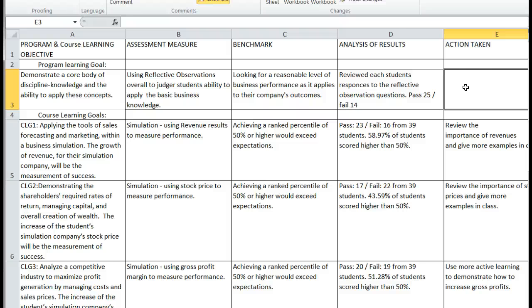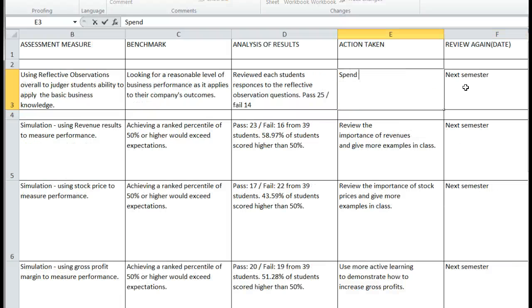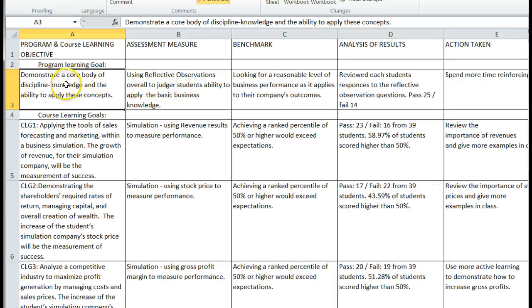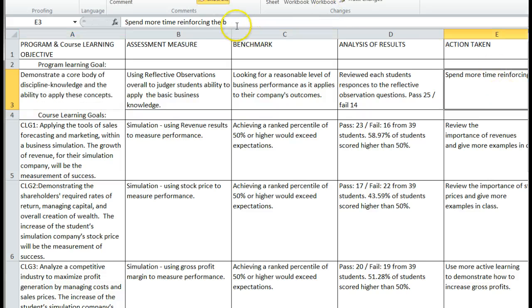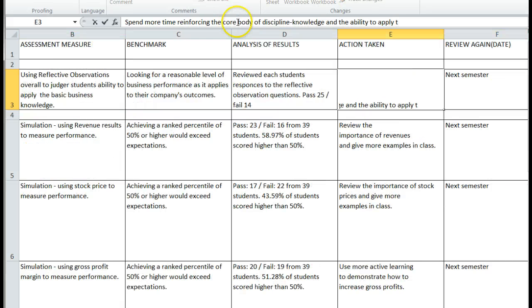I'm going to say spend more time reinforcing the... let's see, I'm going to use the same wordage I used over here. Take more time. So I'm going to take the same words here, move them over here. Reinforcing the core body of discipline knowledge and